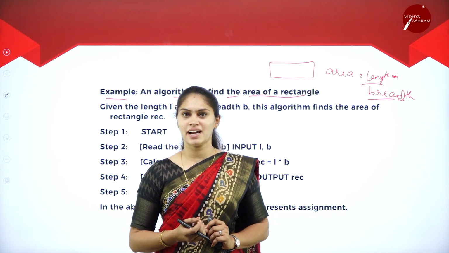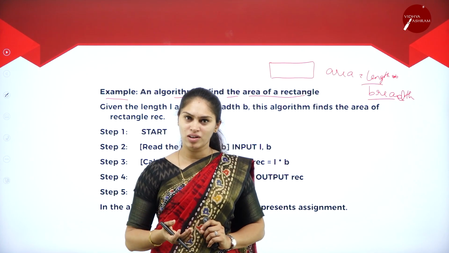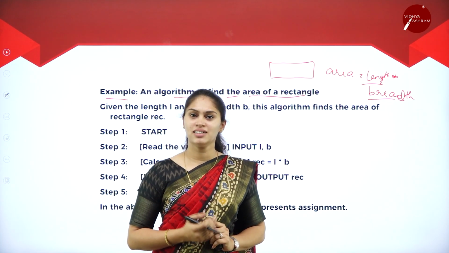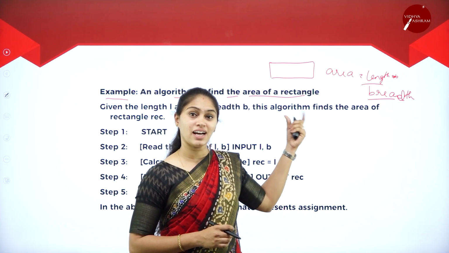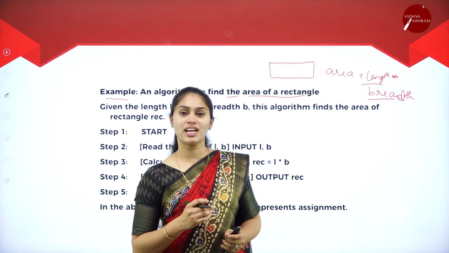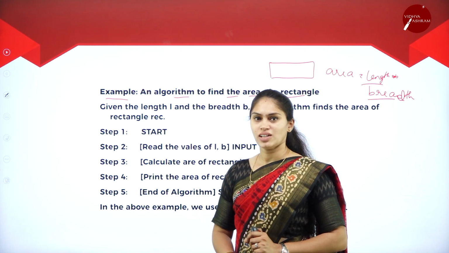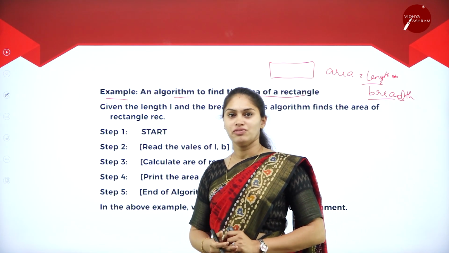So that will be considered as what? Input. So that means I am analyzing what are the possibilities. Then when it comes to the output, what are we going to get? By computing this length and breadth, we are going to get the area of a rectangle. So that will be the output. In that way, you have to analyze. Okay. So now we'll see the step-by-step procedure of how I am going to get the area of a rectangle.